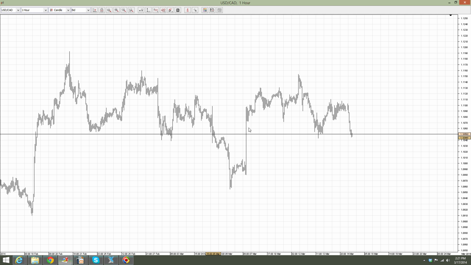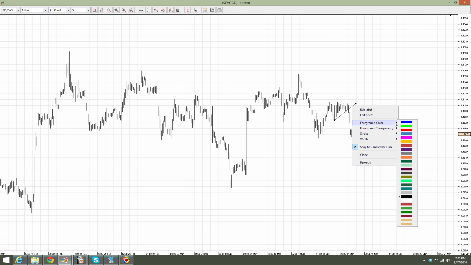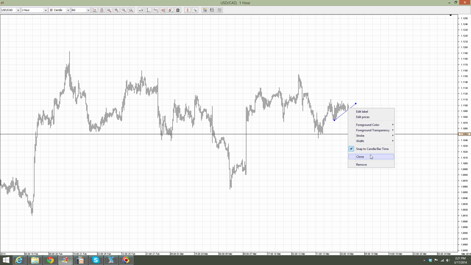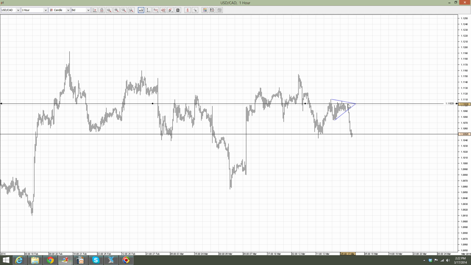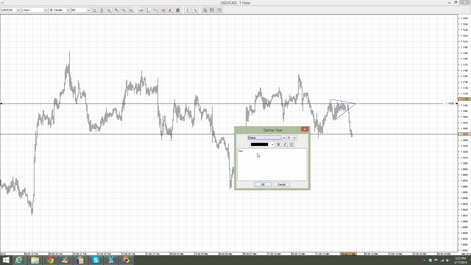Now, if you look here, we have the first triangle of a lower degree. I would say that this is only the E wave of the triangle. So this should be labeled of a lower degree A, B, C, D, E. So the whole triangle actually ended here at that very moment, today or on Friday. I think this actually came today. Now, from my point of view, there is only the E wave of a bigger degree,